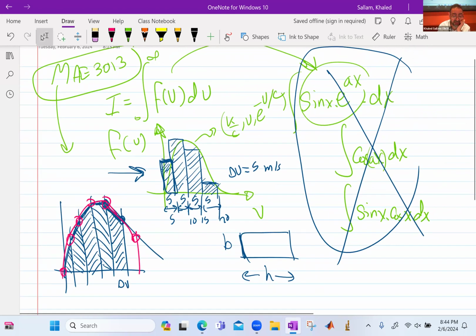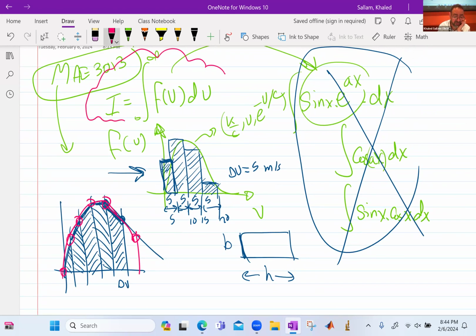And why do I insist on doing this? Because I think you should never leave college without learning how to numerically integrate any equation. This is a very important tool. Like you left high school knowing how to add and subtract, you should leave college knowing how to integrate any equation. And you should leave graduate school